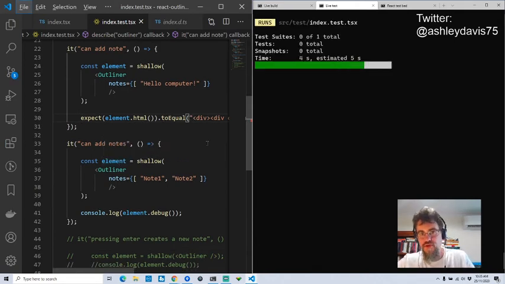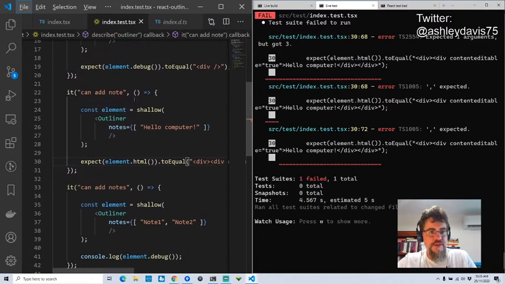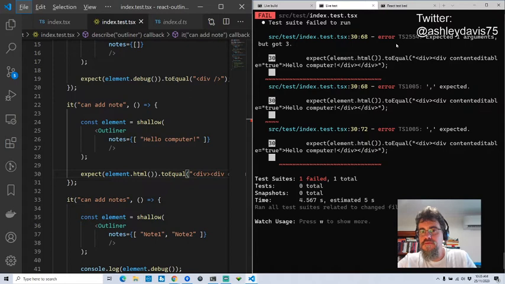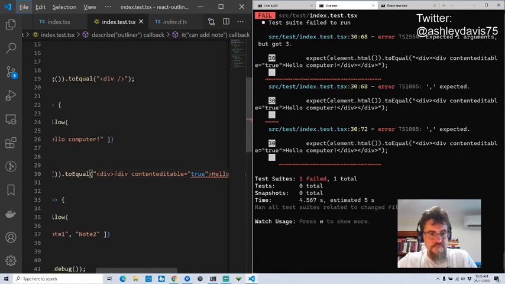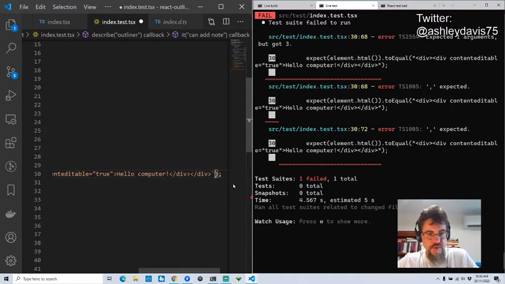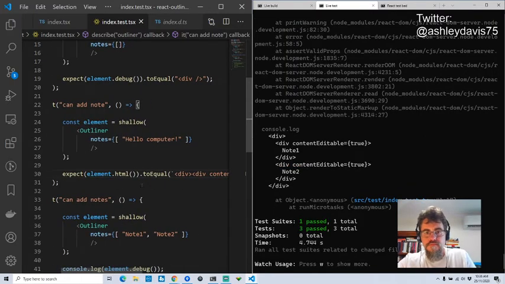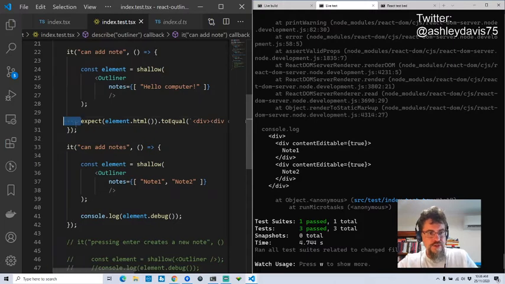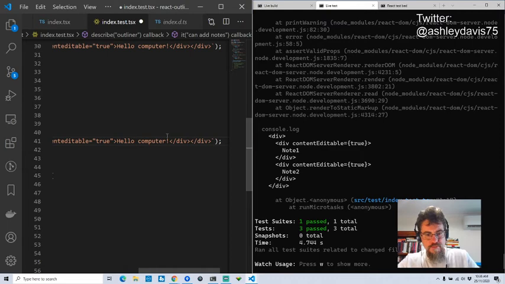So that gives me 2 passing tests that are actually... Oh, I've broken something quite badly here. What is that? I should use a different kind of quotes here because HTML requires double quotes sometimes, so let's use that. Cool. And I basically want to do the same thing down here, but this time I'm running a test that